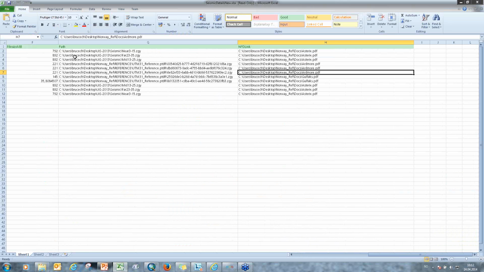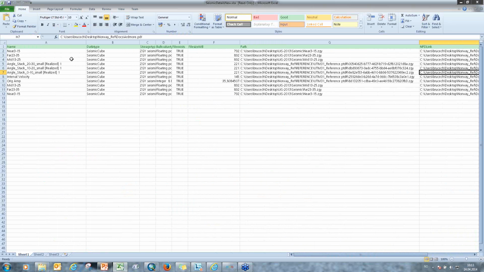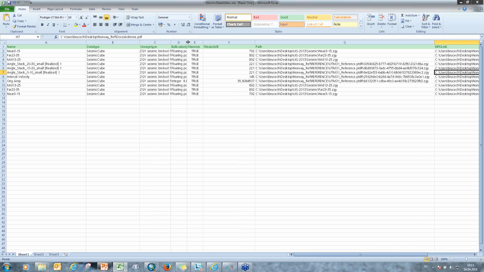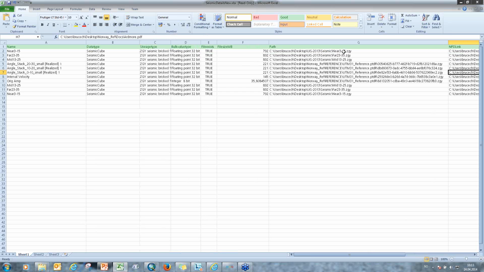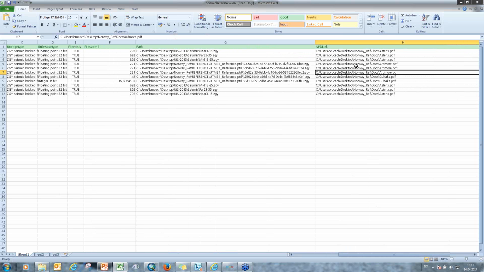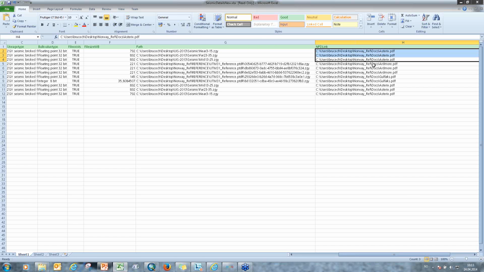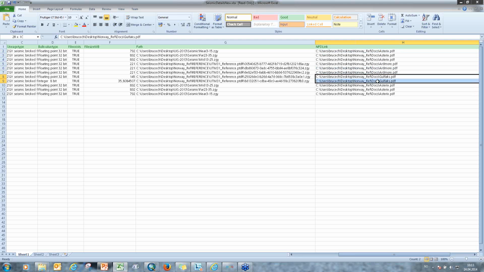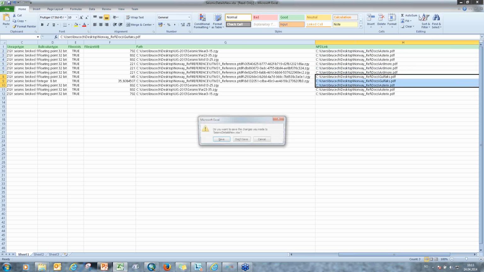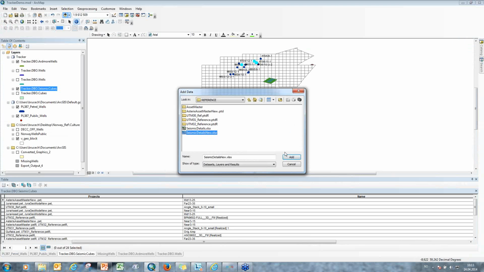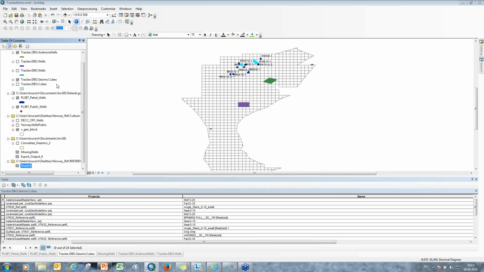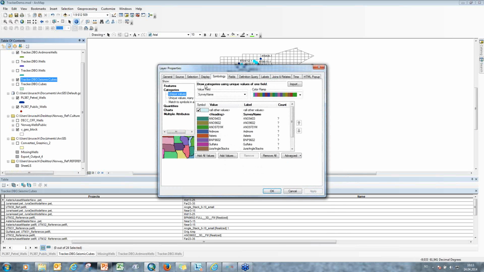It's simply a list of the seismic files, the additional information about their storage type and formats, a link to the location of where the seismic file resides, and a link I've copied from the NPD on some background information about the survey. So I can simply then add this sheet into Arc, and in my seismic cubes layer I can say I